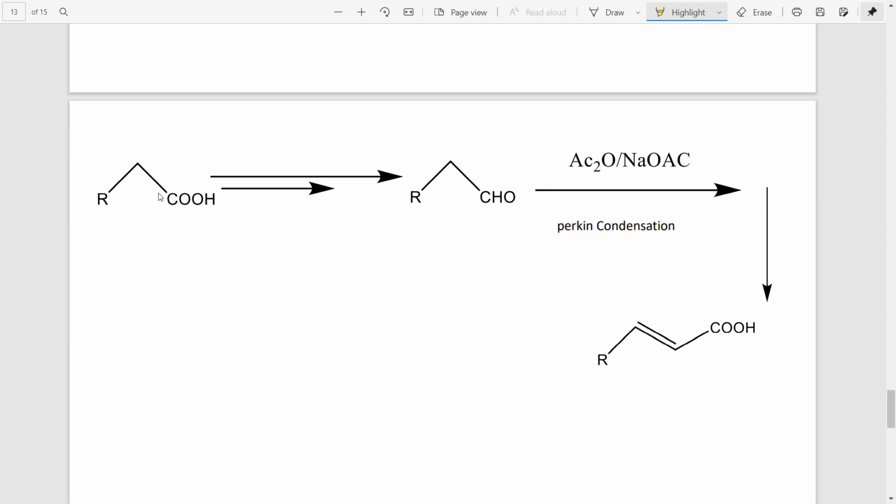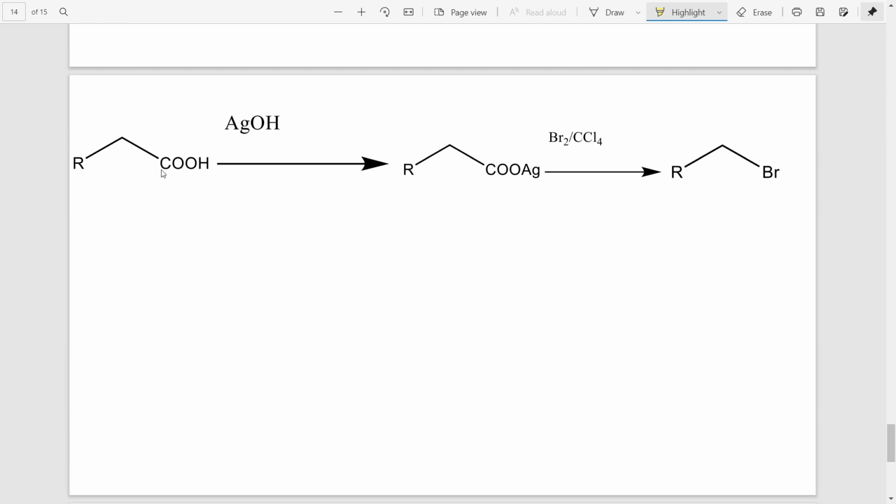Now let's see from acid to acid, but with one double bond in between. These kinds of conversion can be done with Perkin condensation. First we have to prepare aldehyde from acid. After that, Perkin condensation is done with acetic anhydride and sodium acetate, and directly will produce these kinds of acid. One thing to remember here, that if you use acetic anhydride, then obviously you have to use sodium acetate. You cannot use sodium formate or any other sodium salt of any other kinds of acid here. Similar kind of couple you have to use.